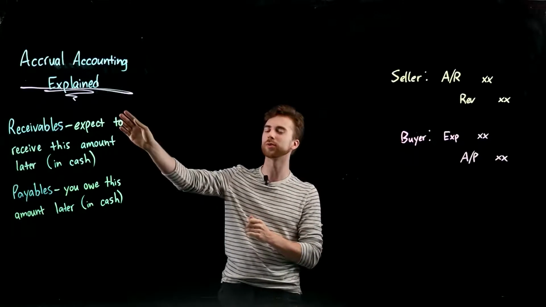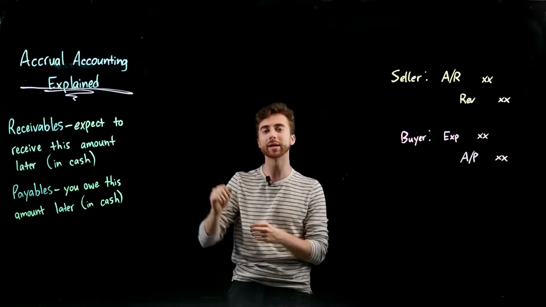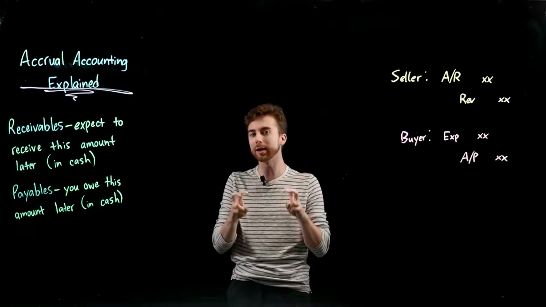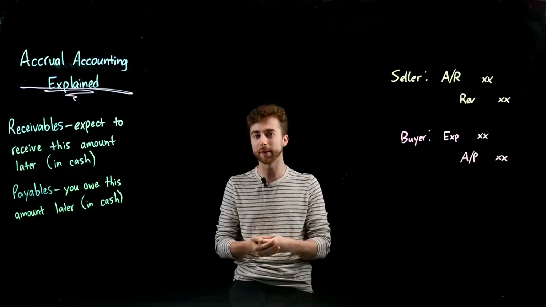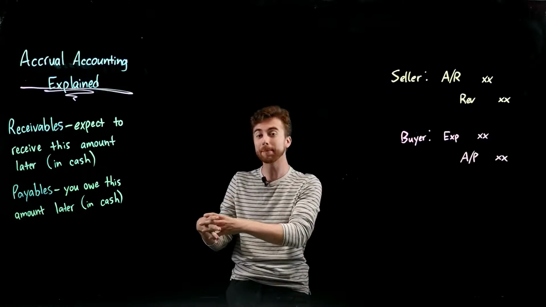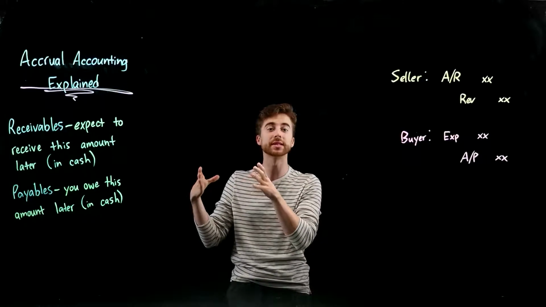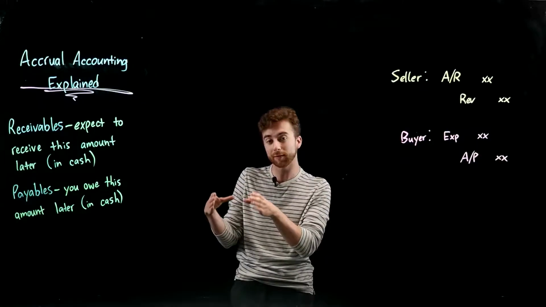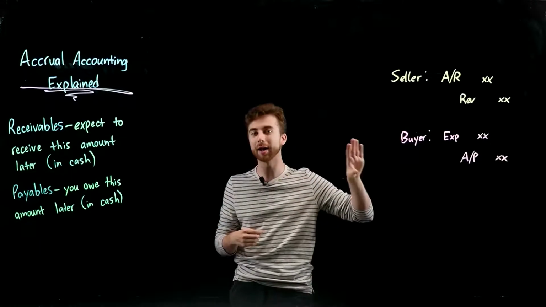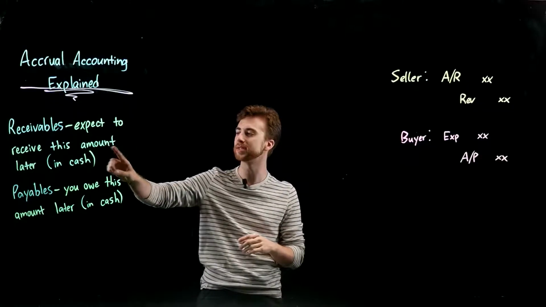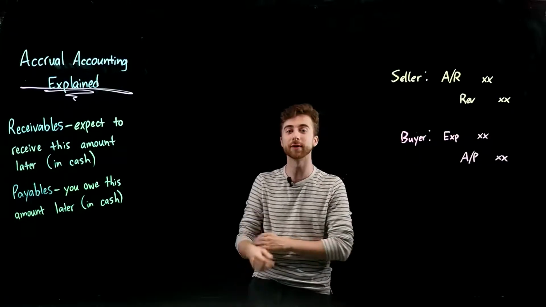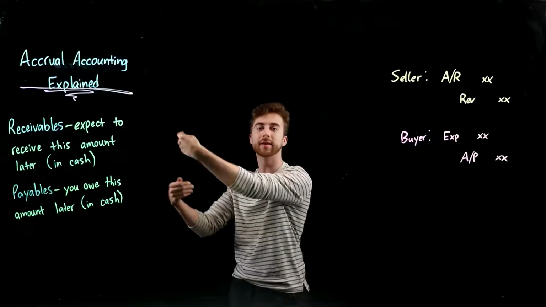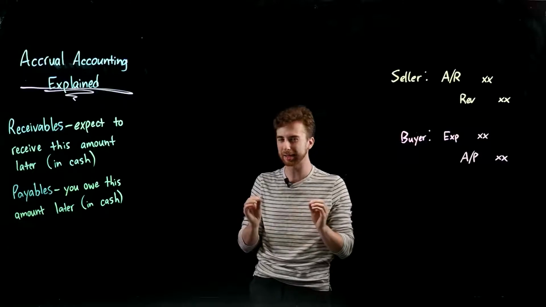So to start with, if I'm the company, I'm going to recognize a receivable whenever somebody pays for something to me on account. They show up, they buy something from me, I don't get the cash for it yet, but I'm going to bill and recognize an accounts receivable, meaning that I don't have the cash right now, but I expect to receive this amount in cash at a later date, okay? So you expect to receive this amount later in cash. That's a receivable. And think about how "able" means it's going to happen, right? So you're going to receive it sometime in the future. You can think about it like that.